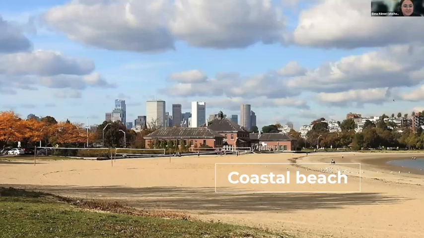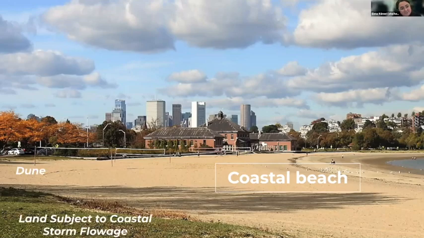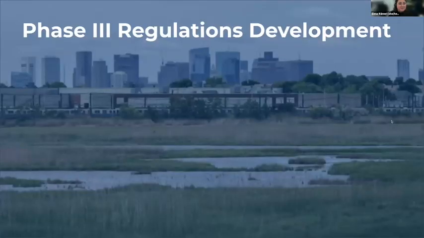And if we go to the next slide, we see here Carson Beach. So we have Coastal Beach, but then if we click to the next slide, we can see that there's also coastal dune off to the left, land subject to coastal storm flowage, which again is that area that may be flooding more frequently in coming years. And although it's not labeled here, there's land under ocean off to the right. So this has just been a brief overview of what is subject to the Conservation Commission's jurisdiction. Of course, it's missing a little bit of nuance, but I will pass it back over to Peyton now.